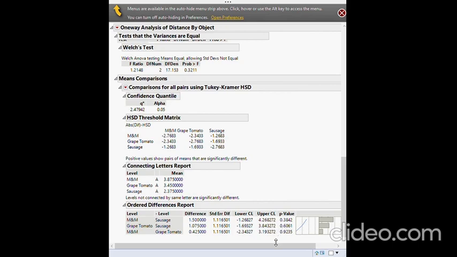Last one, 0.9235. This one was 0.9999. So in the case of this experiment, I hope it illustrates that when the equal variance assumption is violated, it's going to affect you in two different ways. It's either going to inflate the variance, making small gaps like this virtually undetectable. Or sometimes there will be big gaps and you'll have some low variance variables mixed in there, and that's going to shrink the variance down. So those big gaps look more significant than they are, giving you a false positive. Okay? So, like I said, it doesn't sway these results in this experiment, but you could very easily see how it may have.